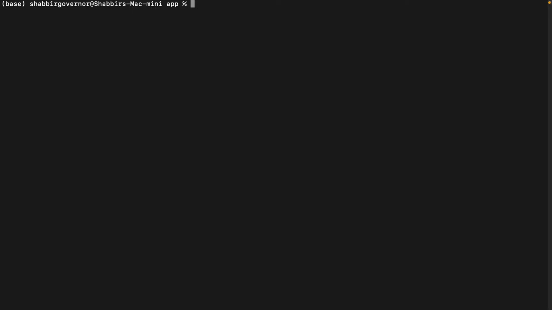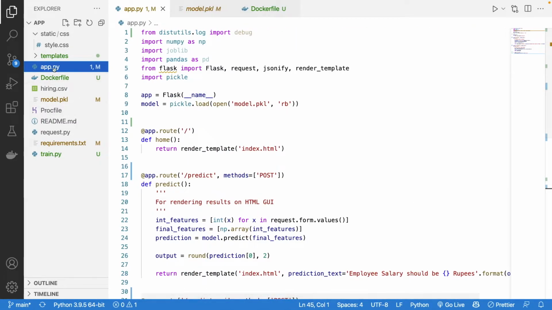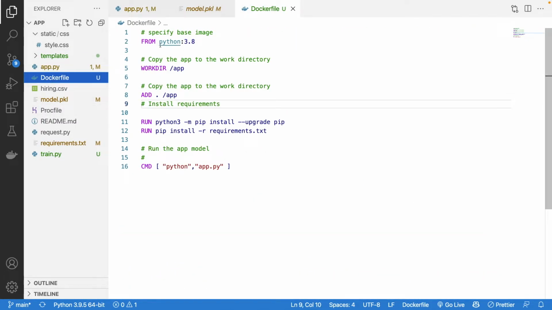What we need to do firstly is create a file called Dockerfile here. This is how a Dockerfile looks. The D must be capital. We are trying to create a virtual environment which has Python 3.8. Then we create a working directory in the image container as app.